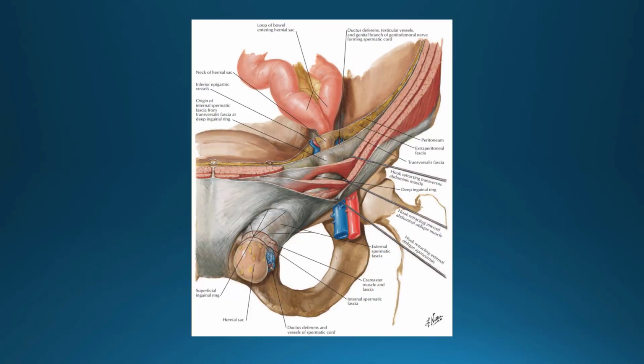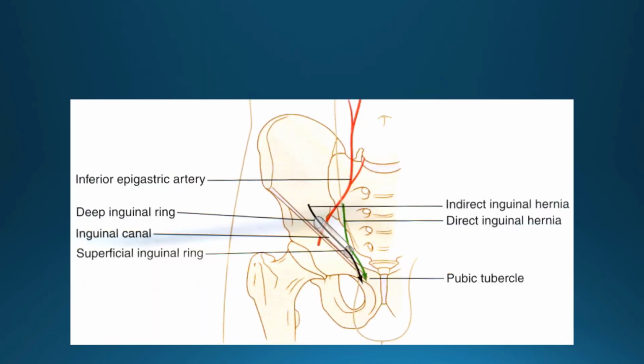This is realistic representation of inguinal hernia. You can see here, these are the contents of intestine which are passing out through the deep ring. This is the fascia transversalis through which the contents are passing. This is inner two muscles and outer muscle having aponeurosis. This is superficial ring, they are all protruding out. So I can call this indirect inguinal hernia. If it has to be direct inguinal hernia, the contents will break here, break the wall of inguinal canal and come down here, escaping the deep ring. So that will be direct inguinal hernia.